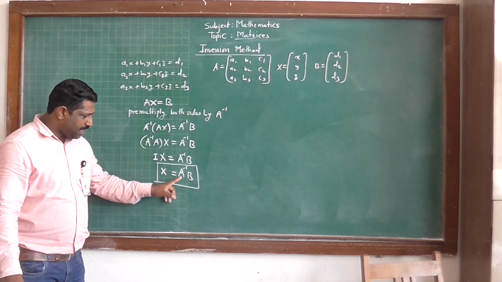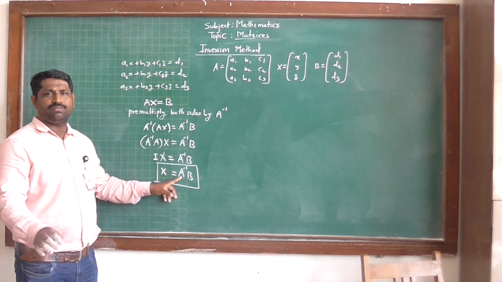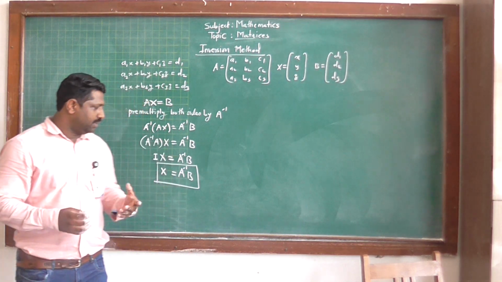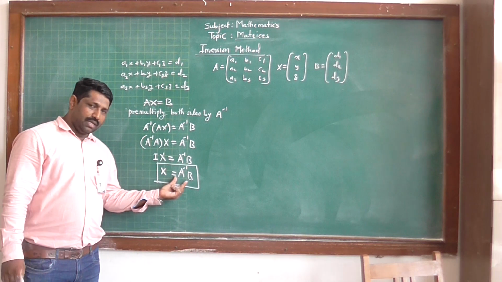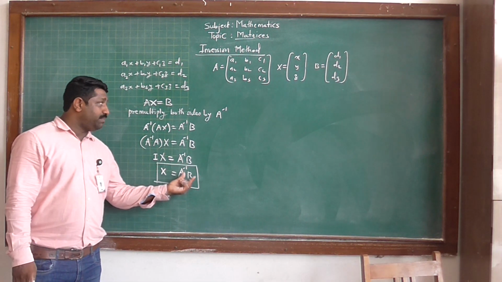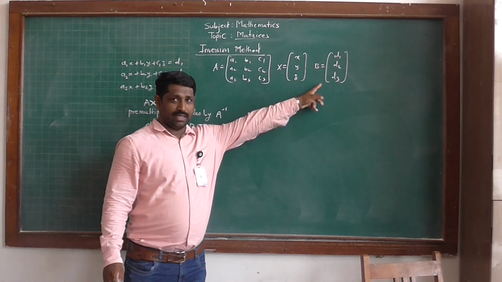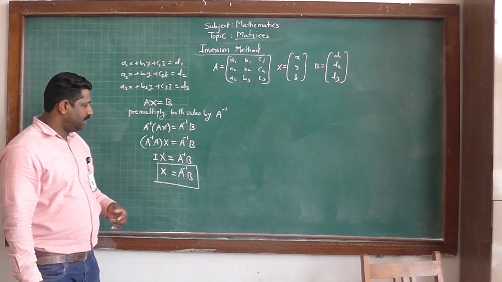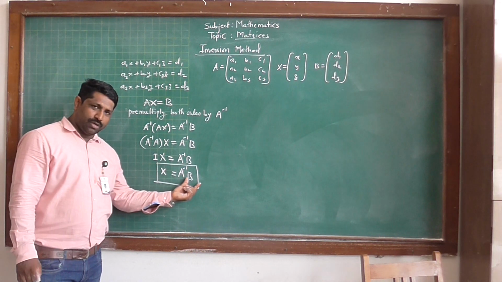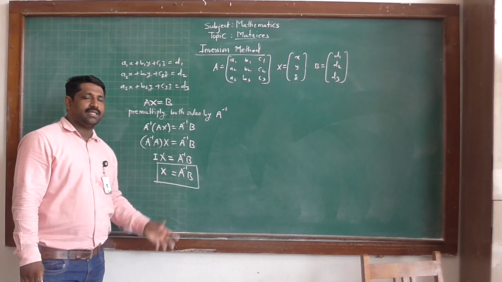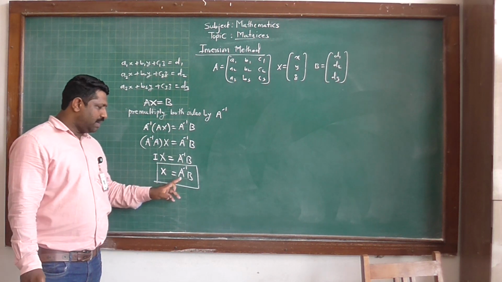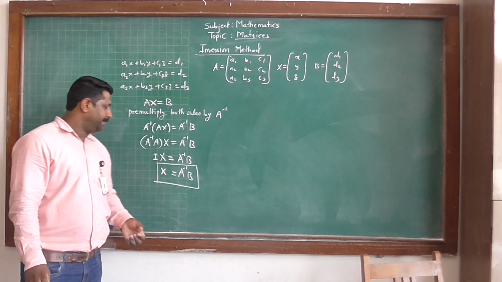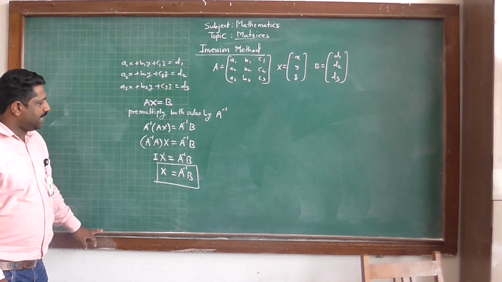Now we find A inverse by any one of these three methods, that is by row transformation, column transformation or by the adjoint method. We find A inverse. Then we take the multiplication of A inverse and the matrix of constants B, and then we get the solution, that is the values of x, y and z. We take the product of A inverse and B and equate it to X, and we get the values of x, y, z. Generally we find the inverse by the adjoint method because it is easy and the chance of mistakes is very low. So X is equal to A inverse into B.